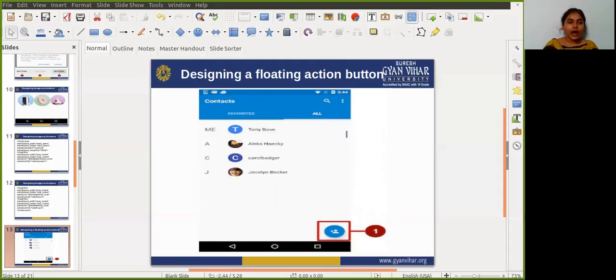When you are adding a new number, you just click on this plus icon, and you can add a new number inside your mobile contacts. You should use the floating action button only to represent the primary action for a screen. For example, the primary action for the contacts app main screen is adding a contact.